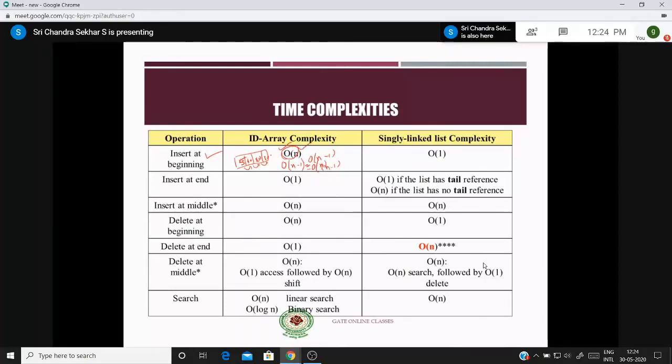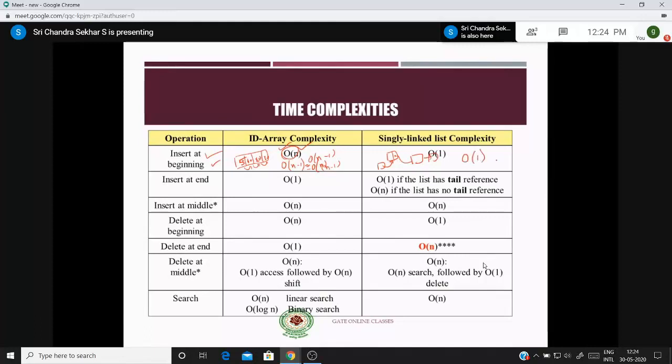So coming to the same concept of inserting at the beginning in a singly linked list: you create a node, you make the head pointer point to this node, and you make the new node point to the linked list, right? This becomes a simple thing, therefore it has only big O of 1 complexity.